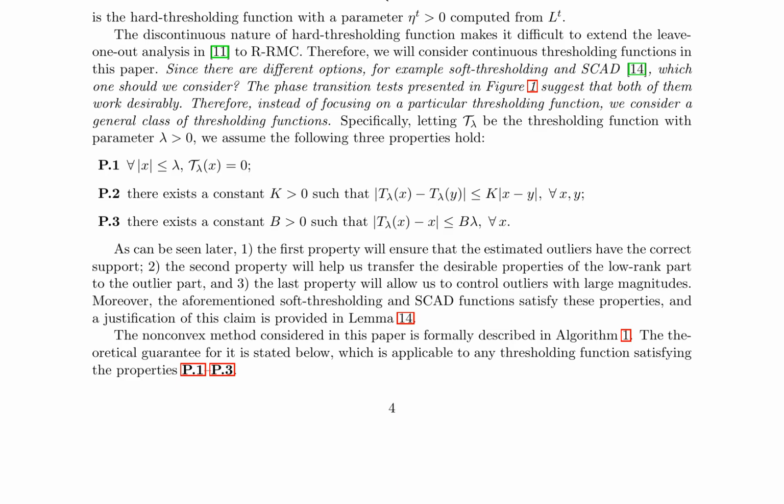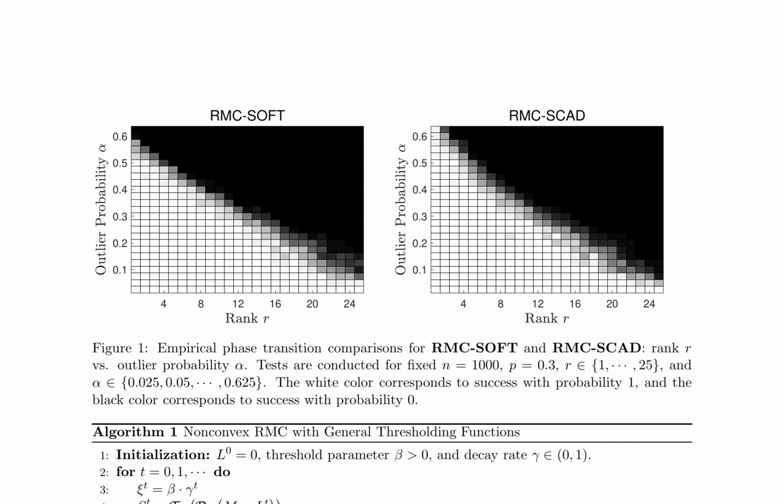The non-convex method is then applied to the RRMC algorithm, which combines SVP with hard thresholding for outliers. The authors discuss the limitations of the leave one out analysis in 11, and the difficulties in extending it to RRMC. The paper presents a novel approach to robust matrix completion, focusing on the recovery of low-rank matrices from corrupted